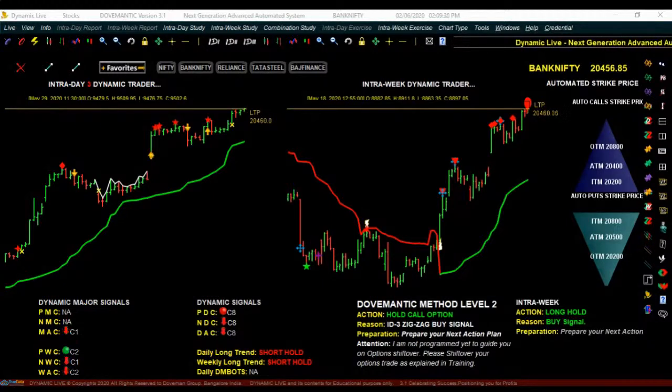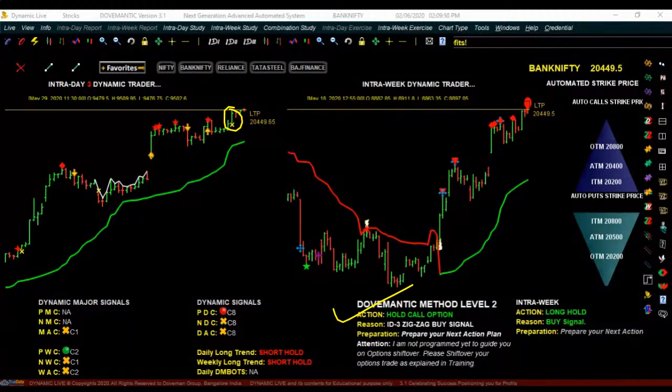Now, what to do for that? All that you are supposed to do here is just read what's written in the action. Now it is written as hold call option, but sometime back at this point in time, it was very clearly written as buy call option now at around 1 o'clock in the afternoon today. So when it says buy call option now, your job is to just read it loud. And before you read it, you must know which script you're trading. This is Bank Nifty, so read it as Bank Nifty buy call option now.